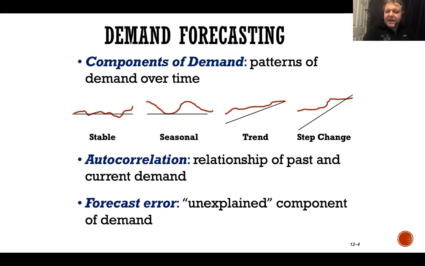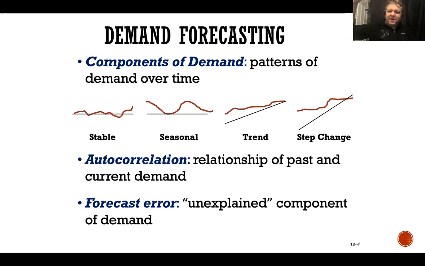Finally, we have what's called forecasting error, which is an unexplained component of demand. Sometimes things just change and we don't know why. It's something that we don't predict, something that doesn't even make sense. For example, we could have had a really bad Halloween season for candy, Hershey's and Reese's peanut butter cups and Hershey's miniatures and York peppermint patties, just not very popular again because of coronavirus. And yet in December, because we're not handing candy out, but we're having candy among friends and family that we trust that are inside our home, candy spikes. For some reason, candy just goes through the roof and we don't expect the forecast.